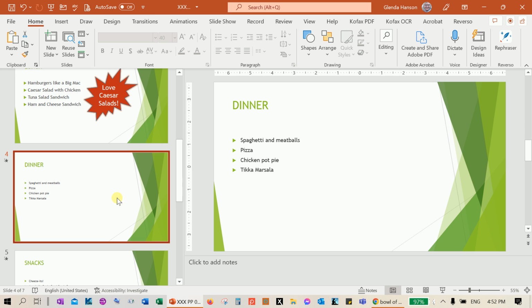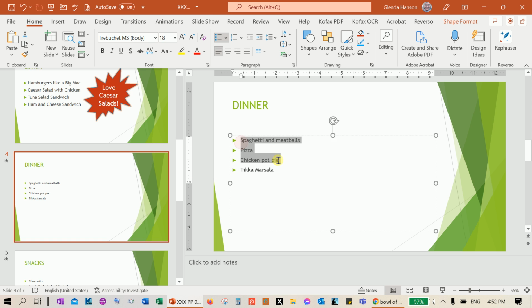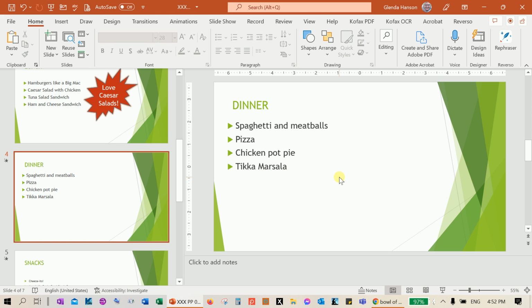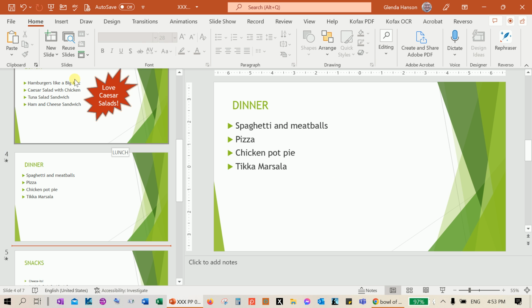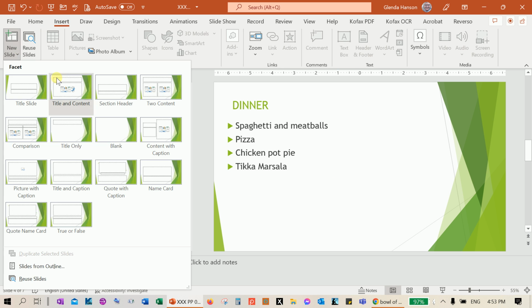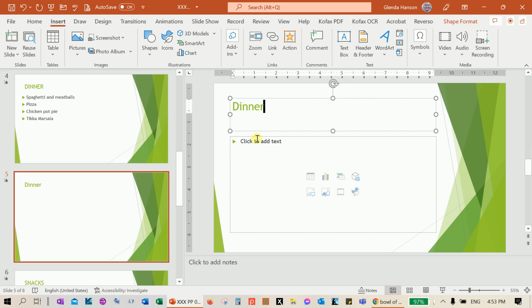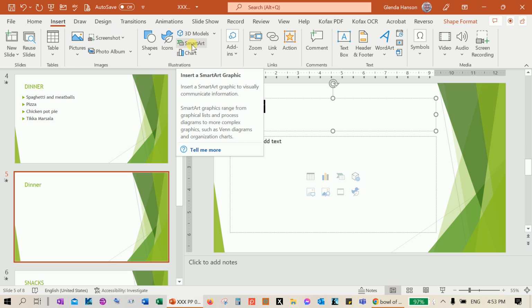The third thing I would like to show you how to insert is, first I'm going to make this a little bit bigger to just start off with. 28. I'm going to move it up a little bit closer. And let's see, maybe I want to make what is called an organizational chart. And so it's a little bit easier to start fresh with it rather than to insert it. So I'm going to click right here and I'm going to say Insert, New Slide, Text and Content, add dinner to this,